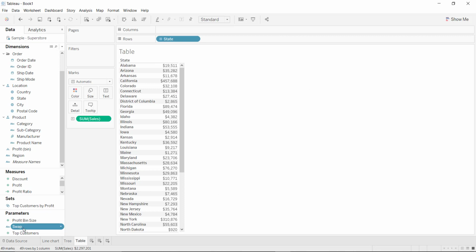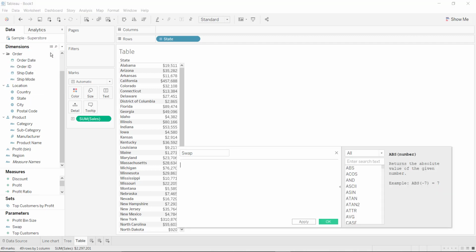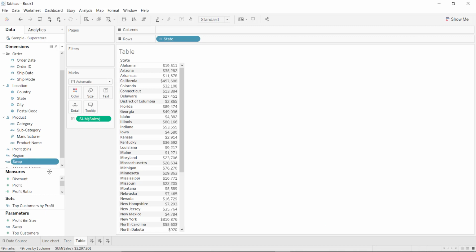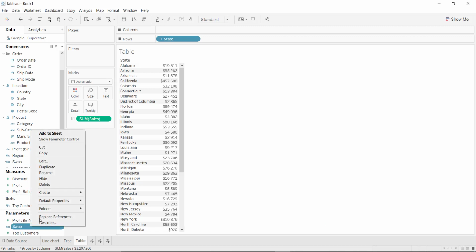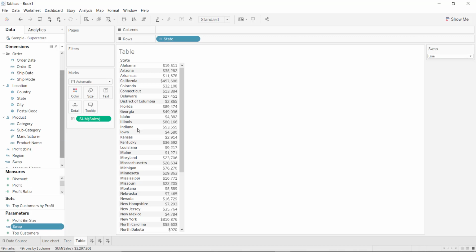Now we have to store the value of the parameter inside a calculated field. So create a calculated field, swap, and the value of swap is filled inside the calculated field. Now let me show the parameter control. So here we have 3 values, line, tree and table.